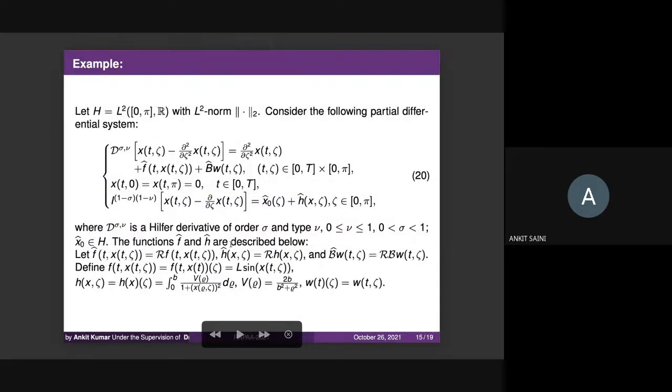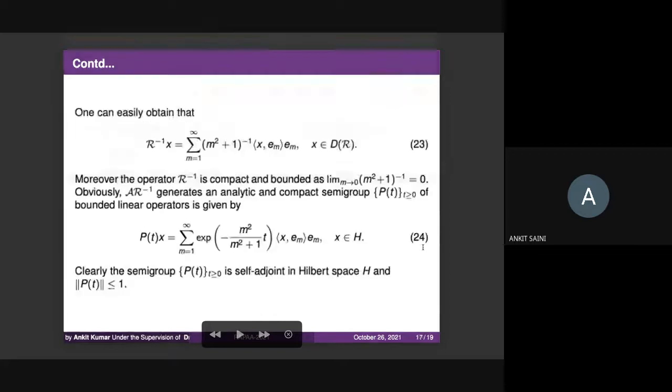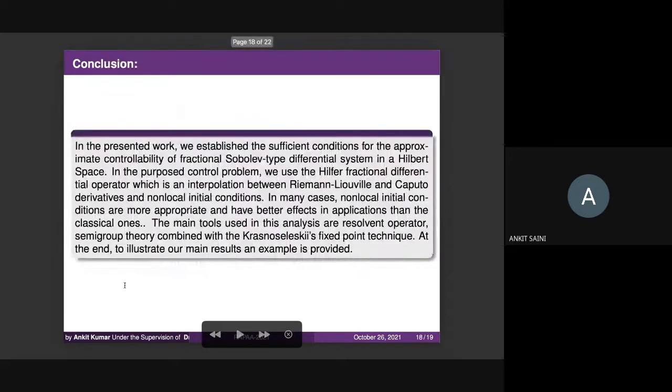To illustrate our main results, we consider an example as well in equation 20. Now we define the operators A and R in equation 21 and 22, and the operator family P of t in 24, and we can see that this family is generated by the operator pair A R inverse and bounded by 1. Conclusion. In the presented work, we established the sufficient conditions for the approximate controllability of fractional Sobolev-type